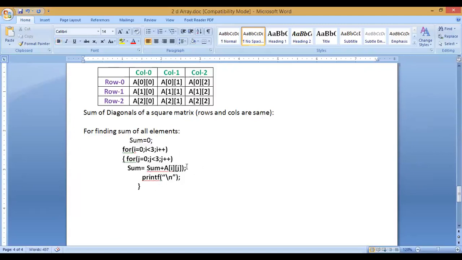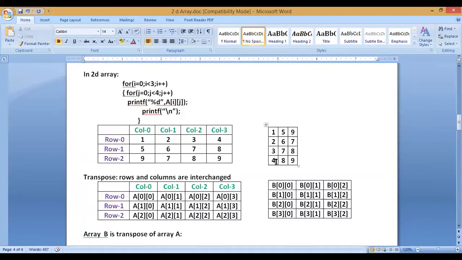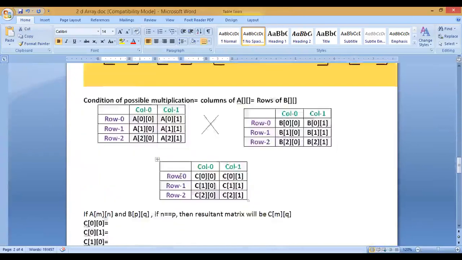Whenever you have already entered all the elements of your matrix, then you follow this. So all the elements are there here. When i is 0 and j is 0, you are accessing the first element, then the second, third, fourth, fifth, sixth, seventh, eighth, ninth. In this way, row-wise you are accessing all the elements. So when i is 0 and j is 0, the first element will be summed up. Suppose this is the numerical example. I will take that numerical part also from this place and try to find that result.